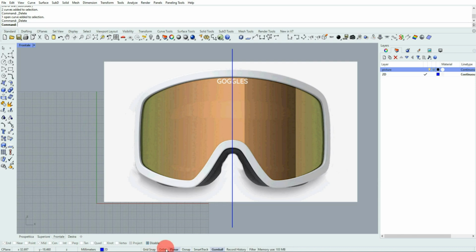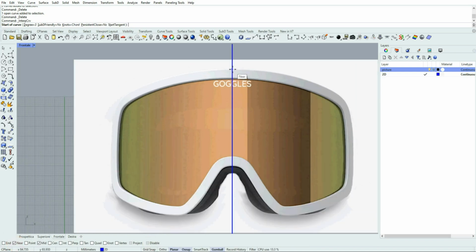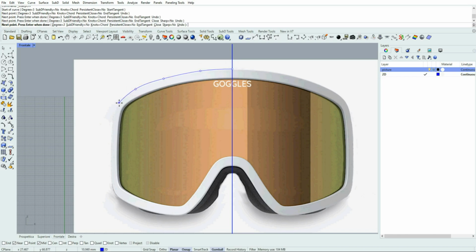Okay, I disable ortho and snap, and I pick curve from interpolation curve. But it's better if I keep OSNAP on and with snap near, I click near the curve on top and start tracing the silhouette of the frame, of the goggles frame.